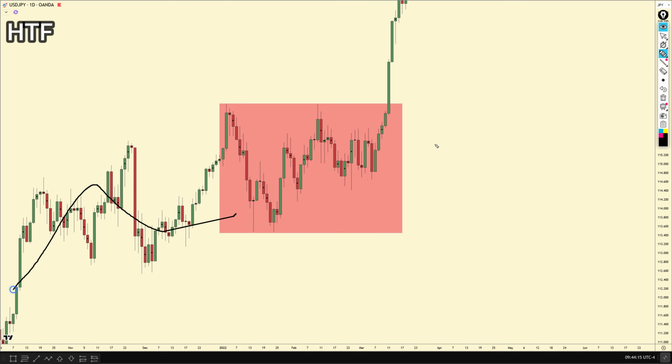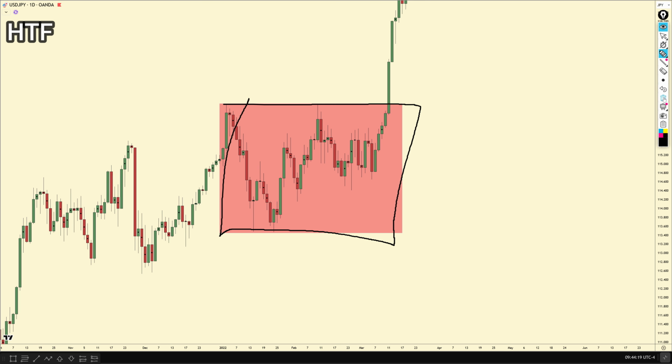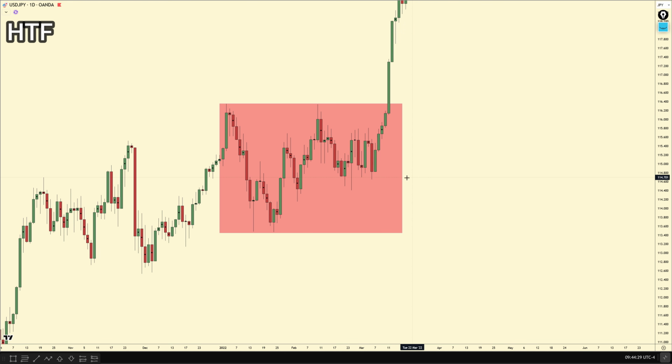You could say maybe the overall trend is up, but nobody would say that this is not sideways in this bubble right here. When we broke out of this high, that is when that trend continued. In sideways markets, it's very, very difficult to be trading, especially on a higher time frame. So I always recommend in sideways markets, when our higher time frame is sideways, be aggressive with your trade management